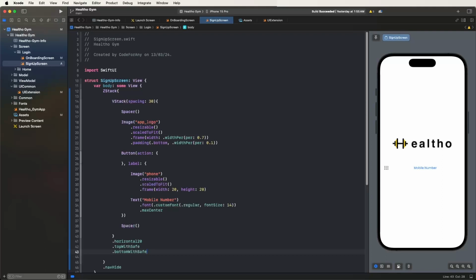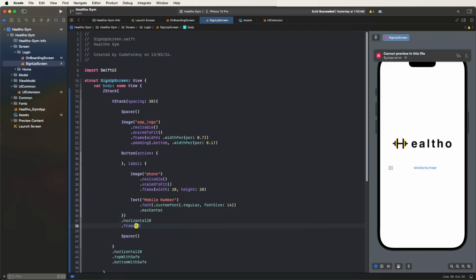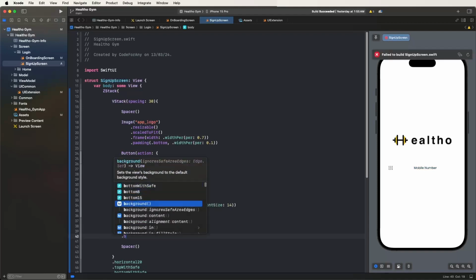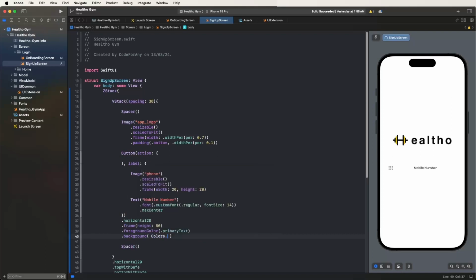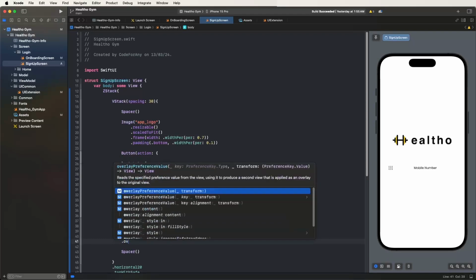Then after we need to create the horizontal 20, and now set the frame, set the height 15. Now set the foreground color, giving the color as primary text. Now set the background color, text bg. Now set the overlay, and draw the borders for this UI,